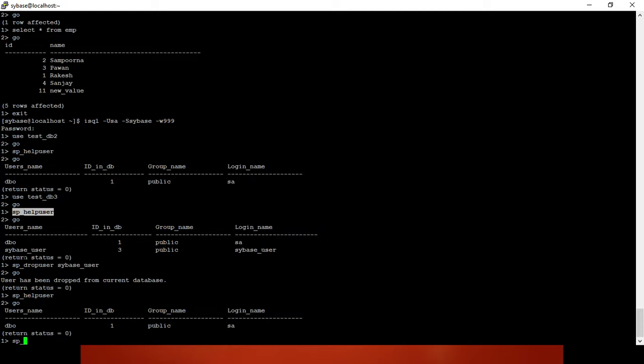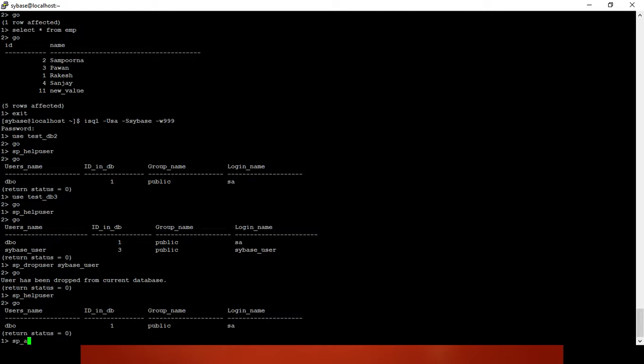An alias works as a DBO, because we have only one DBO. So you can create an alias. The alias is similar to DBO. Suppose you want to create another DBO, we can just create an alias, so the alias is a DBO.